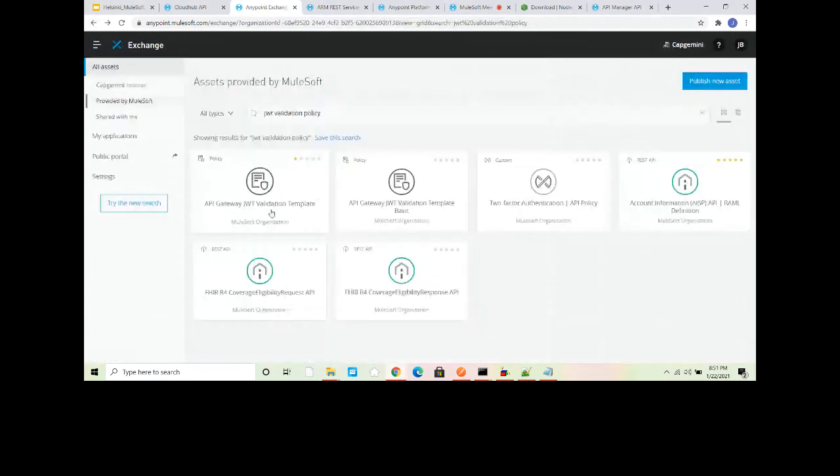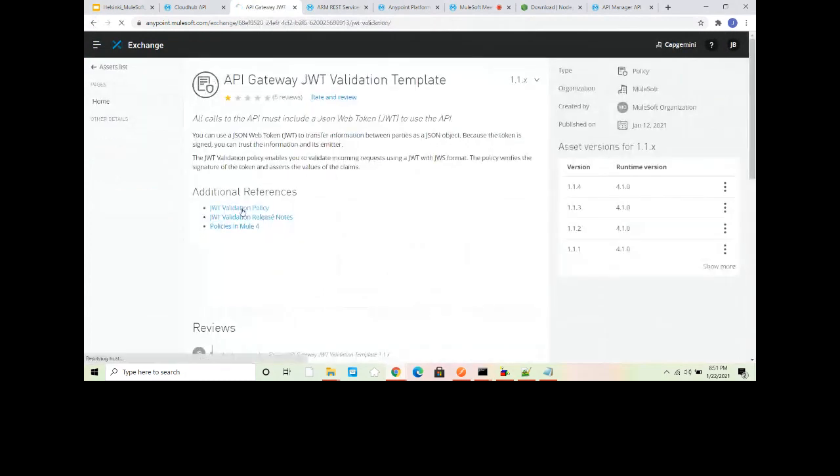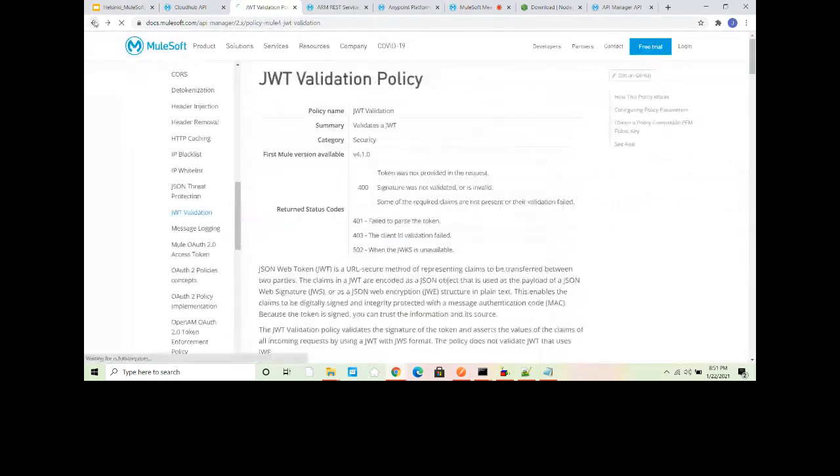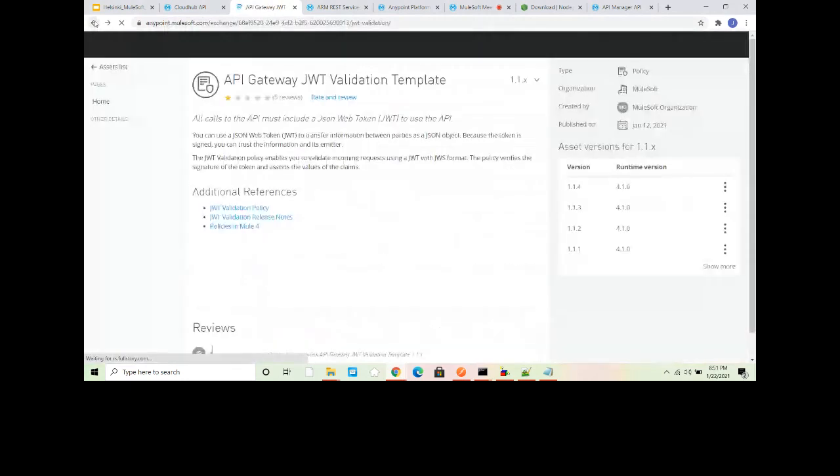Just give me a second. So basically there's a YAML file associated with it, I cannot see it for now. Let me check if I can get that. Just give me a second.